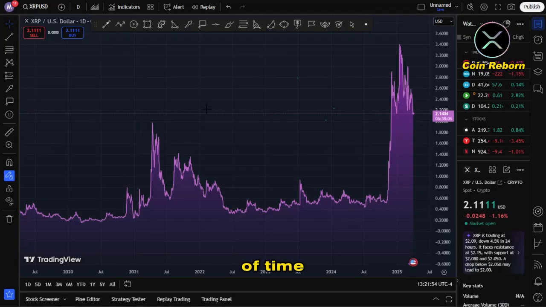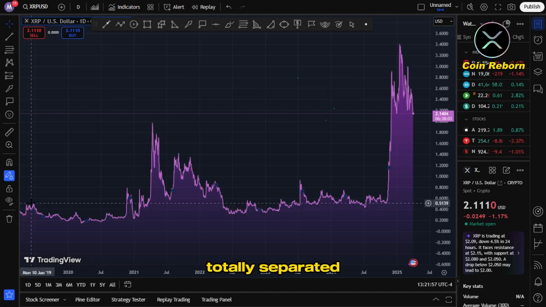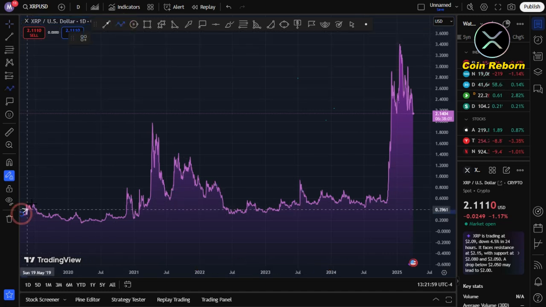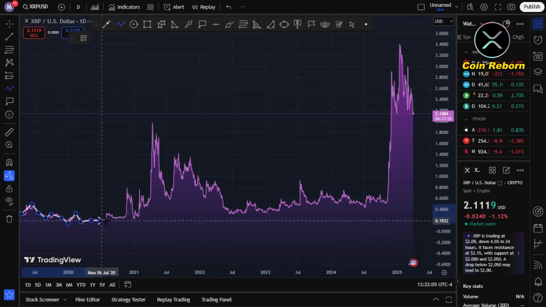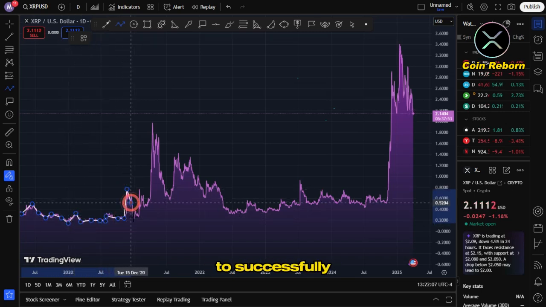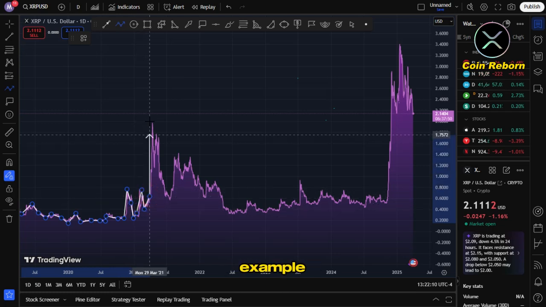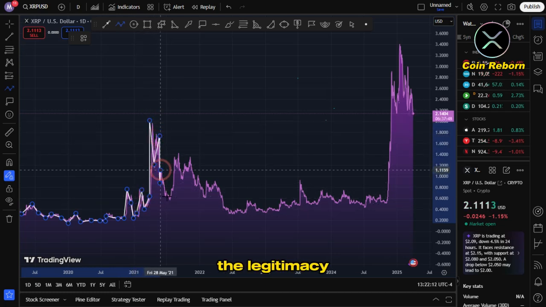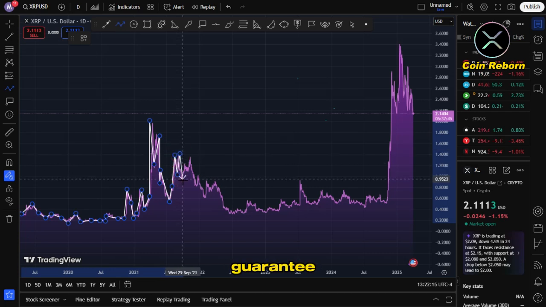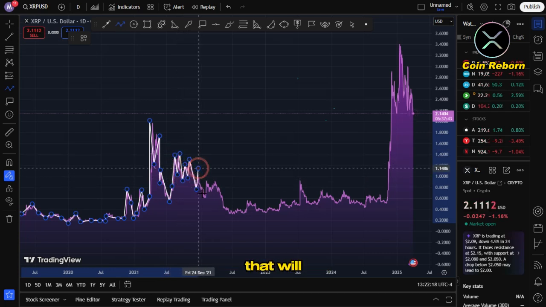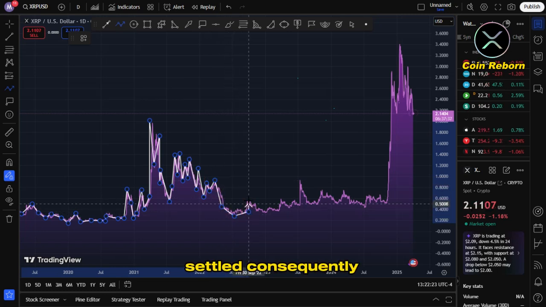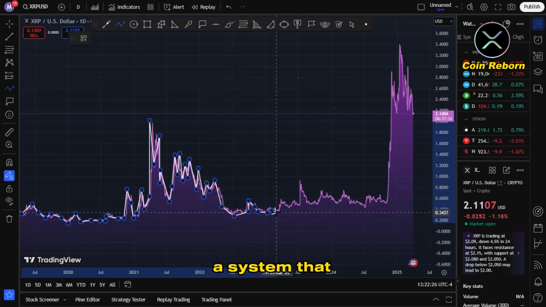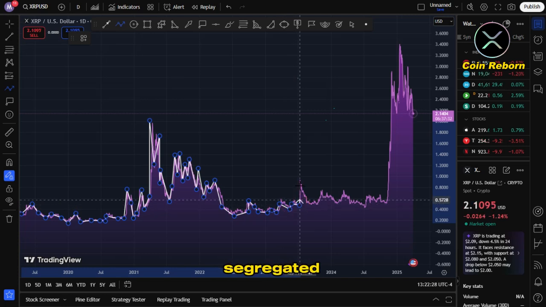Since the beginning of time, the processes of payment and settlement have been totally separated into two distinct systems. SWIFT is a payment mechanism that does not engage in any settlement activities. And the issue with that is that it makes it difficult to successfully complete a payment since, for example, you will not be able to verify the legitimacy of the recipient. There is no guarantee that you will be aware of the costs that will be incurred or the currency rate that will be associated with the payment when it is settled. Consequently, we developed a system that